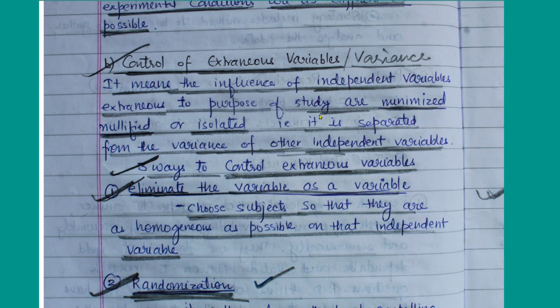So these variables we have to control, or minimize. We want to minimize them, we want to nullify them, or we want to isolate them, so it is separated from the variance of other independent variables. So how will we do it? There are many research techniques. When we study advances in research, when we see correlation, and then regression, and then we see how a model fits, how r square is calculated, then we will know how this is done in software.